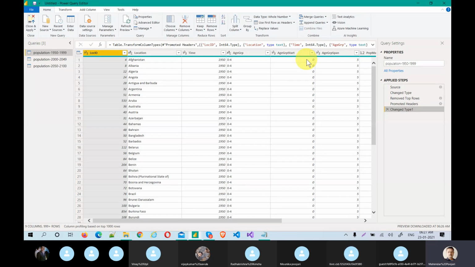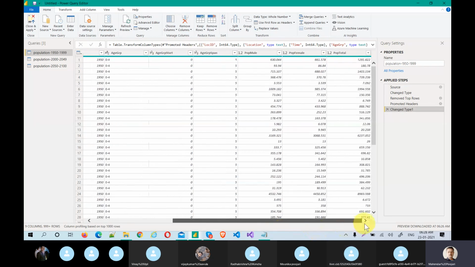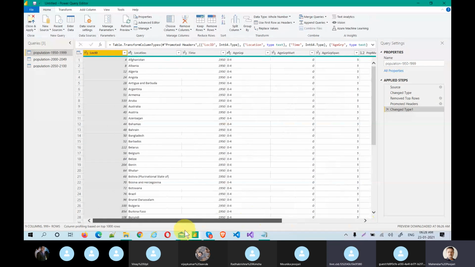Simple. Power BI has a machine learning algorithm in the backend, so it will detect the data and give you the right format. Sometimes the machine may not be correct, but for our convenience, we will change the data type. If you observe the names, this is actually a year. Time is meaningless. We will change that later, and process the other quality issues.